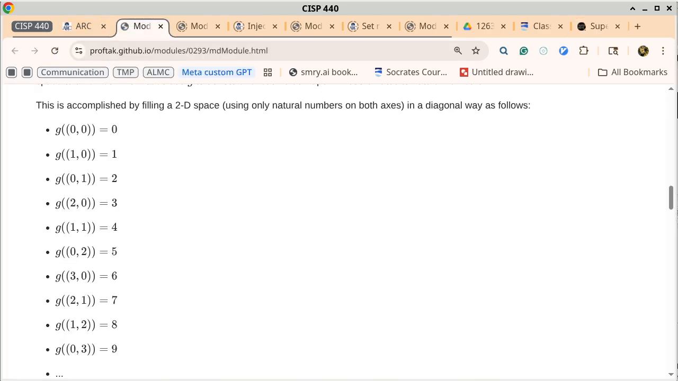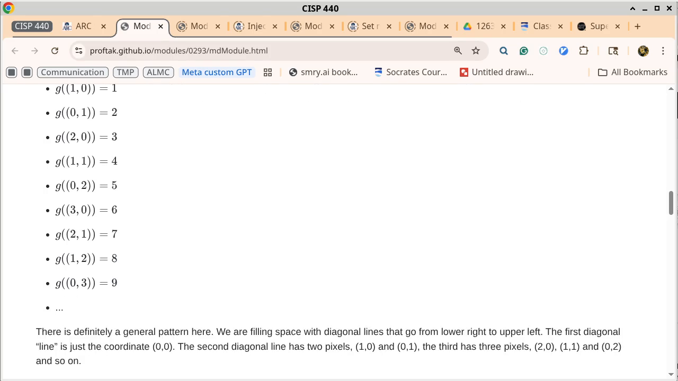So we're going to go back to the notes here. This is all basically corresponding to what we saw earlier. And we can see how g of 2, 1 has a value of 7. All right, so the next question here